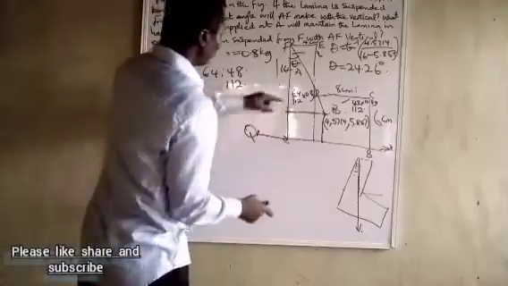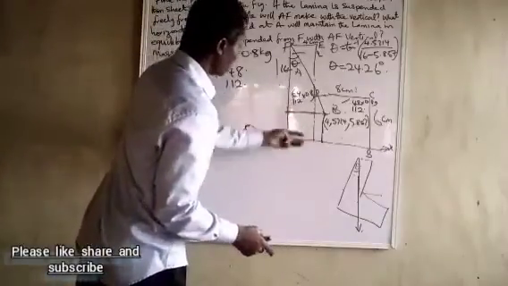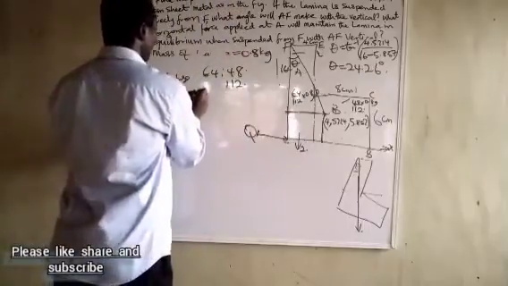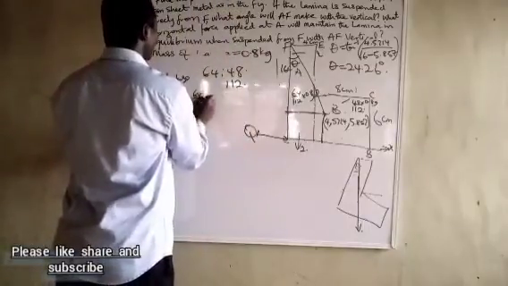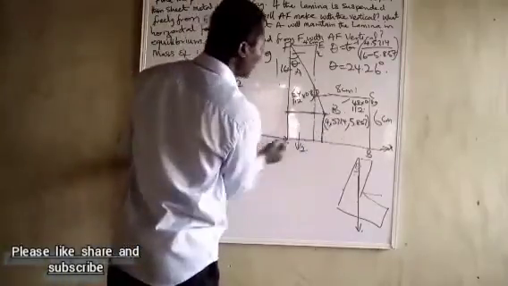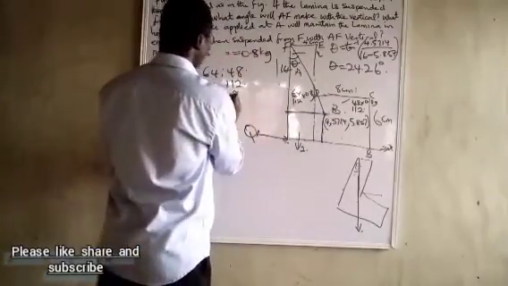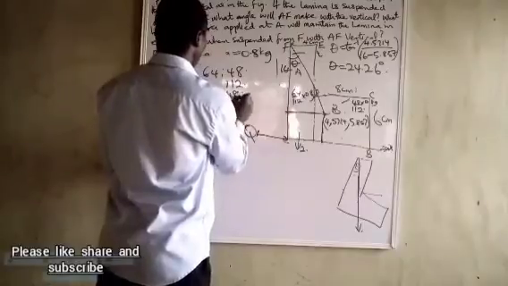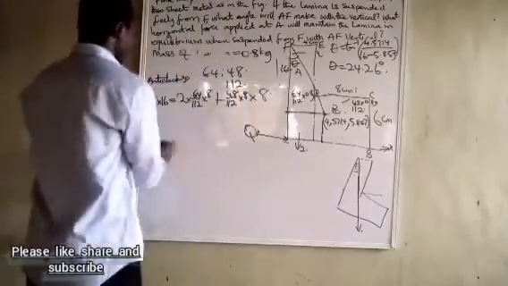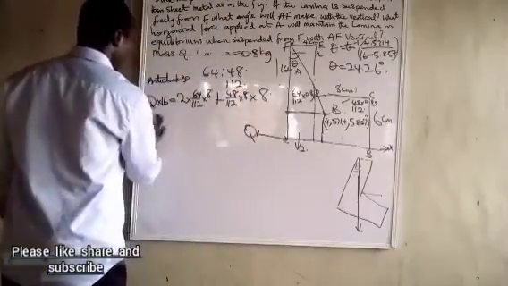So the clockwise moment will now be, the distance from here to here is equal to 2. The center here is 2. So 2 times 64 over 112 times 8, 0.8 G, plus 48 over 112 times 8 times the distance here, which is 8. You can see. So 16Q